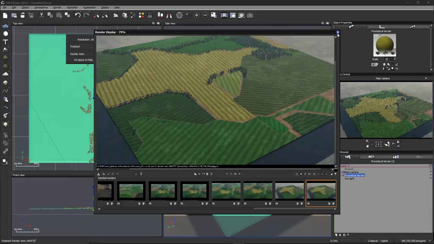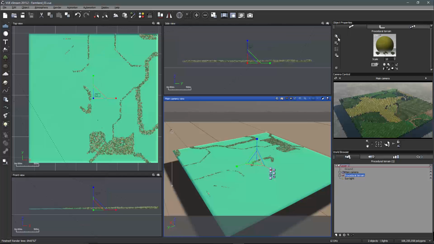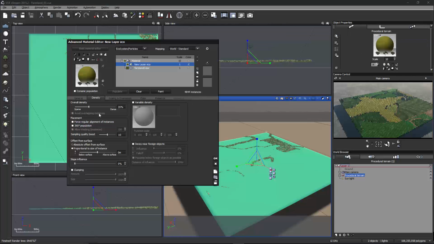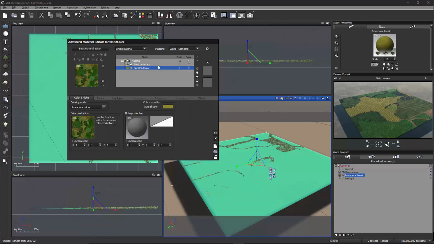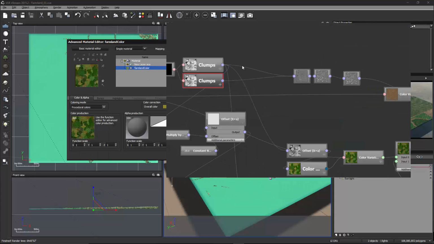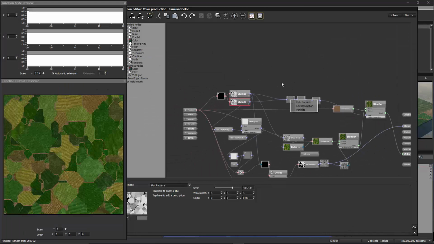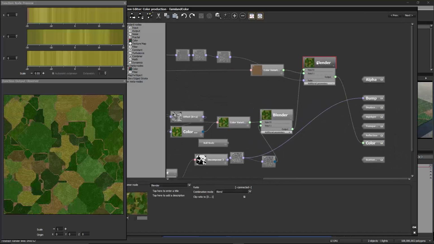So the better thing to do is just exactly what we did with the material for the ecosystem layer, and just create and use an alpha, and use that as an alpha like we did with the ecosystem on another material layer. So for now, I'm just going to